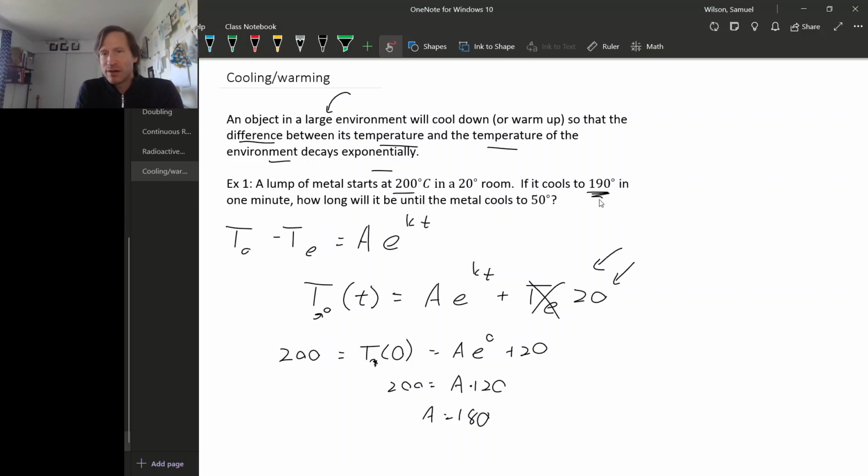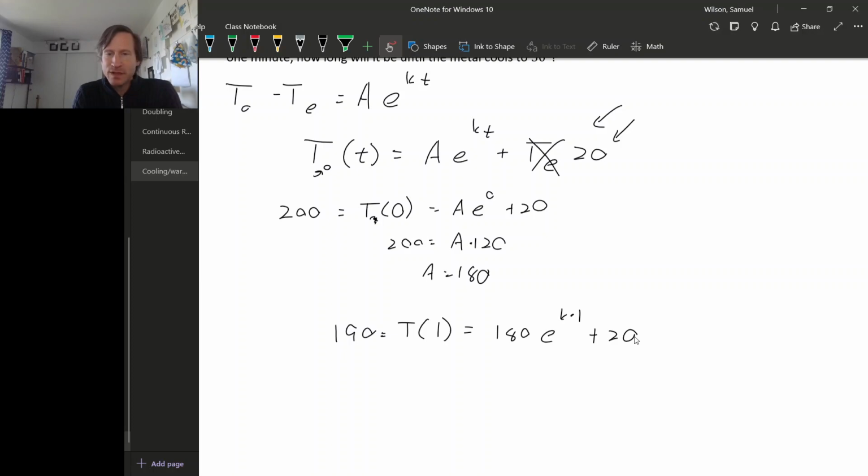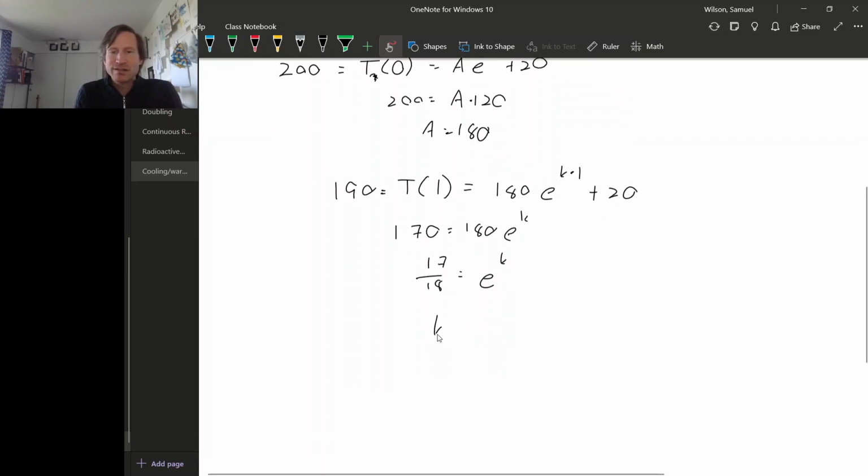We have another data point. The temperature is 190 after 1 minute. So that means 190 is the temperature at time 1. Now we can use our formula to evaluate capital T of 1. So that's A, which is 180, times e to the k times time, which is 1 minute, plus 20. Now we can solve this for k. So subtract 20 from both sides. 170 equals 180 e to the k, and then divide: 17 over 18 equals e to the k, and then take natural logs. So k is natural log 17 over 18,